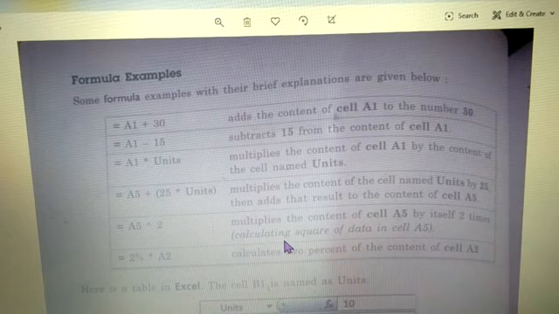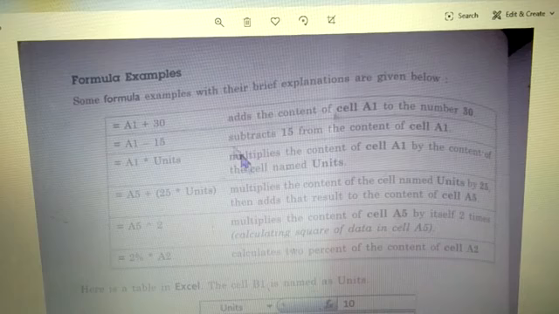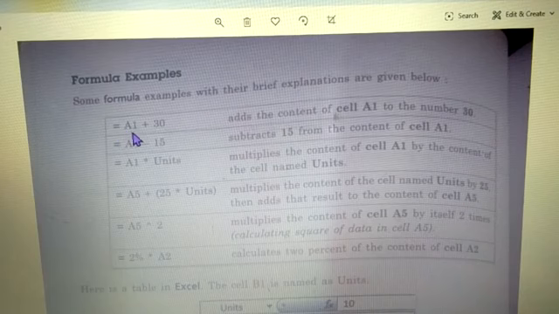So children, Excel uses formulas to perform calculations. There are a few examples listed here. See, the first one is equal to A1 plus 30.